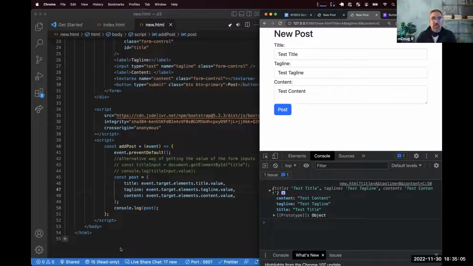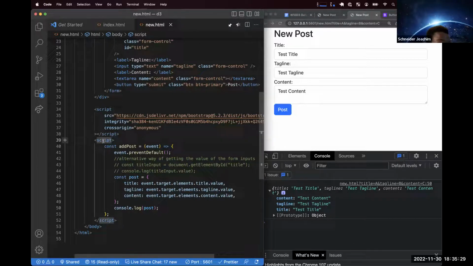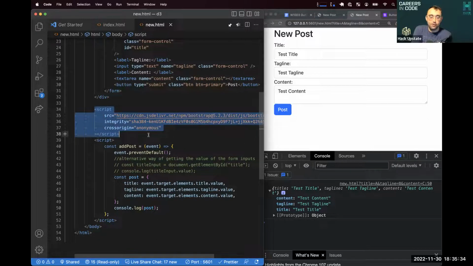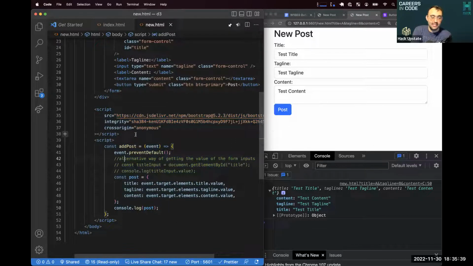And Max, is it right that separate script tags in the same page, the code can all talk to each other? We just separate them for organization. Correct. Yes. By that, do you mean the two separate script tags in the news HTML? Is that what he's talking about? Yes. So this script tag will run first, and then this script tag will run second. We separated them out just so